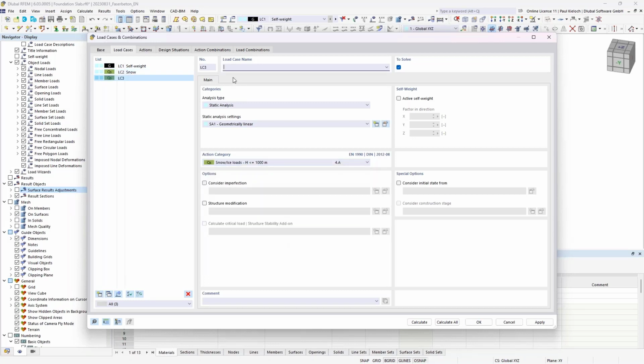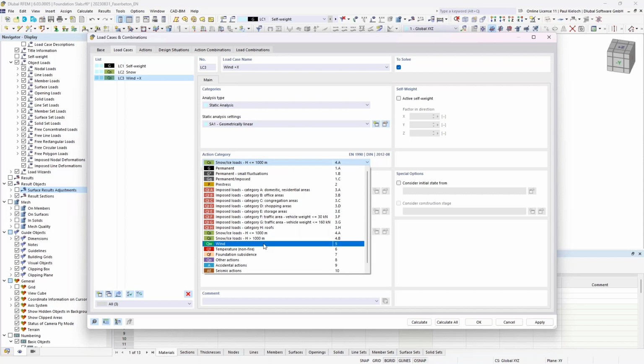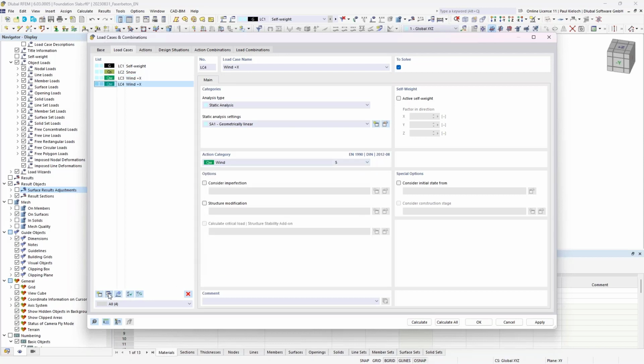Snow, then we have wind in plus X. Okay, and then I can just make plus Y. Then minus X and Y. So these are the load cases from our steel structure,